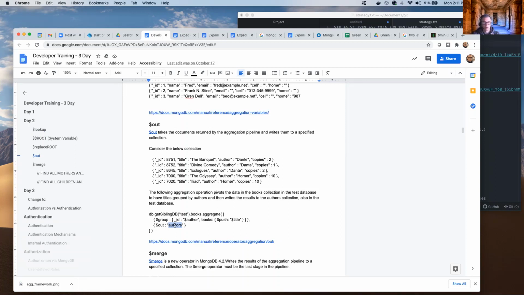The recommendation is not to use JavaScript unless you have no other way of doing things. The reason is it doesn't perform as well as our native language, MQL. But we just introduced in 4.4 accumulators, which let you calculate data on your documents using